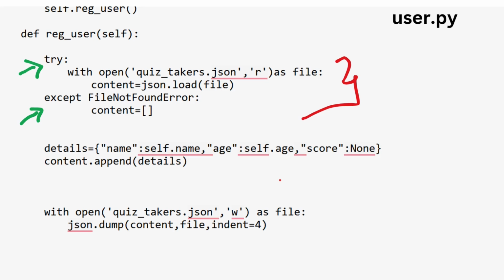If not, a file not found error will occur, and then this except block will be executed. What happens? An empty list named content will be created. So when we run this program for the first time, naturally the file does not exist, and so this empty list named content will be created. Fine. So whenever a user plays this game, the details will be entered into that file, and it